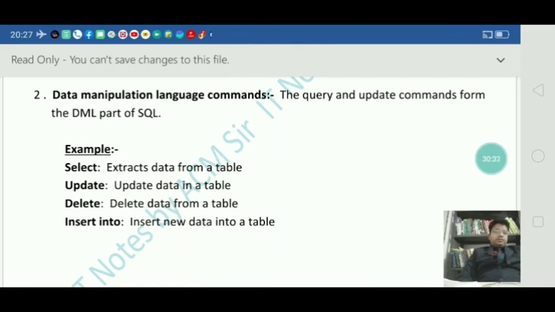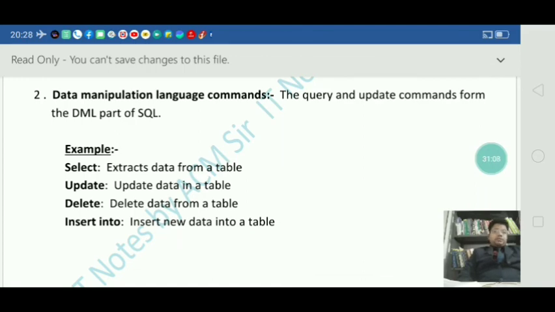If you want to delete some rows or some data values from the table, or insert new data, you can also use data manipulation language commands. Here also I have given you some examples. The commands that come under data manipulation language are select, update, delete and insert into.